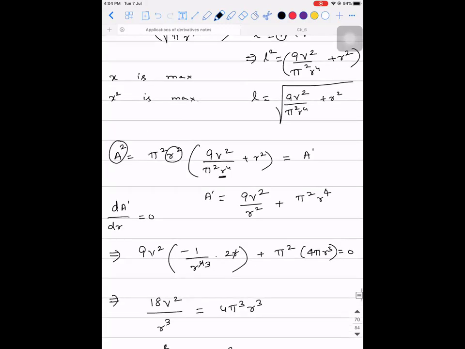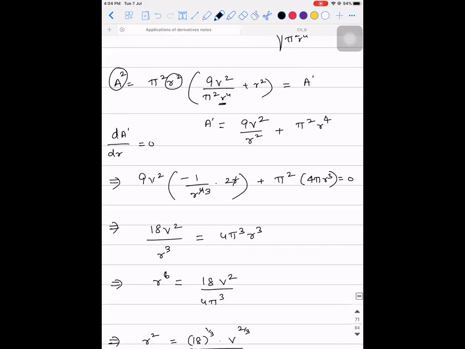Can people check the calculation? Sir, it should be 8 pi r cube. Where? No. It is 4 pi r cube only. No, sir. First of all, it is 4 pi square into r cube. So why did I write 4 pi r cube? It is just 4 r cube. No? It's 4 r cube. So pi is there, pi square is there, only one. So 4 pi square.